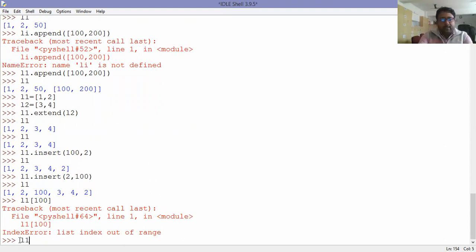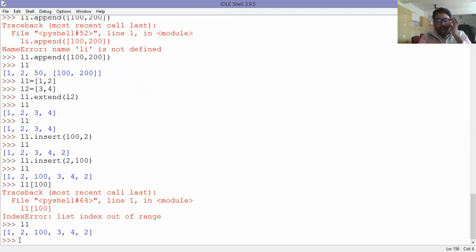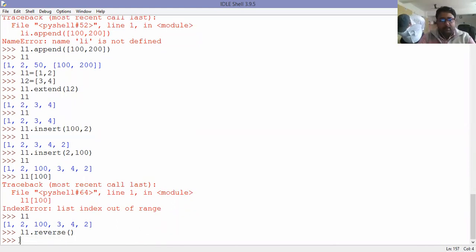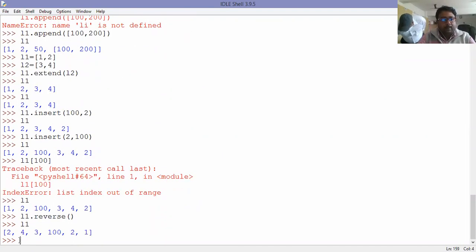Now the next one, and one of the most important, reverse. The reverse function is used to reverse the order of the elements. So if I do L1 dot reverse, and let me check the elements of L1, it is this.